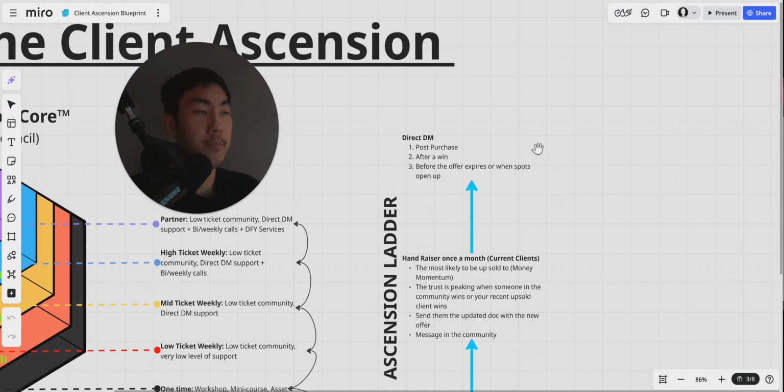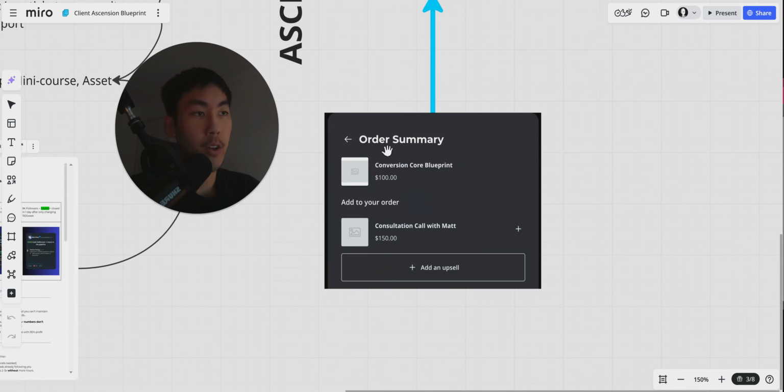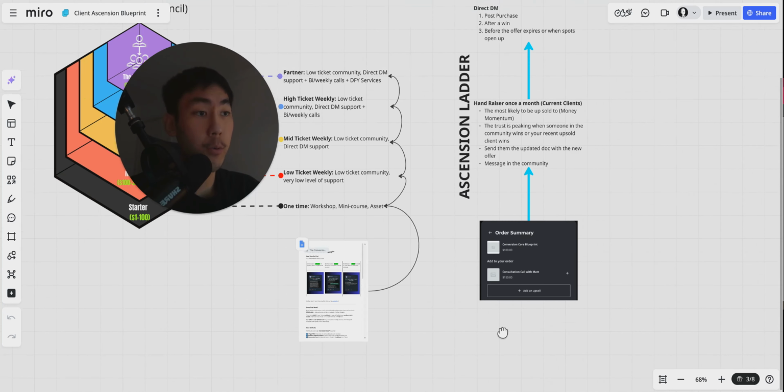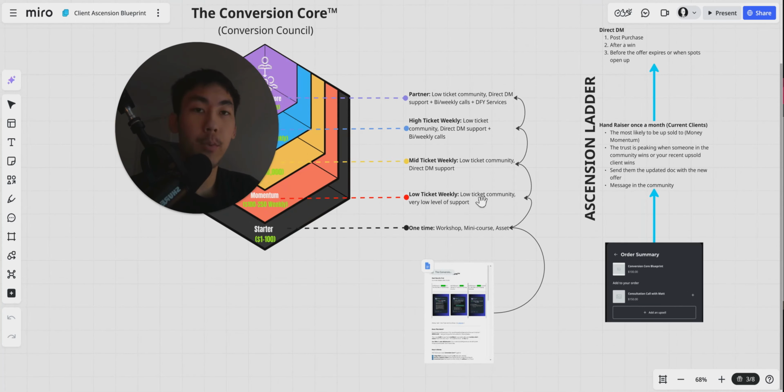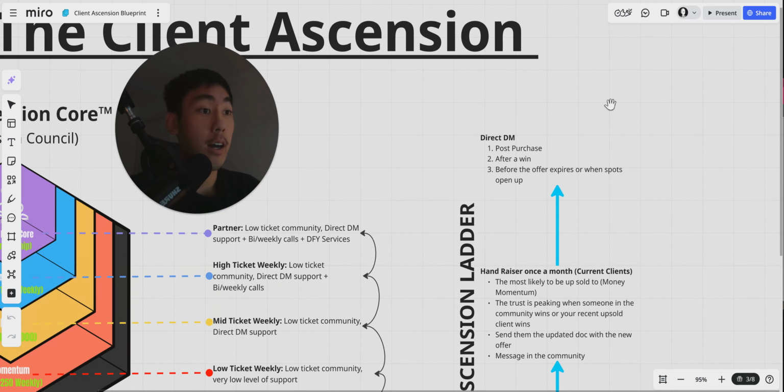Now, the next one is the direct DM. So the post purchase. When someone just buys off of you, what you can do, so they're already purchasing the conversion call blueprint, is upsell them either on the landing page, which is cool, but also direct DM support them as well. So directly DM them after they purchase, say,